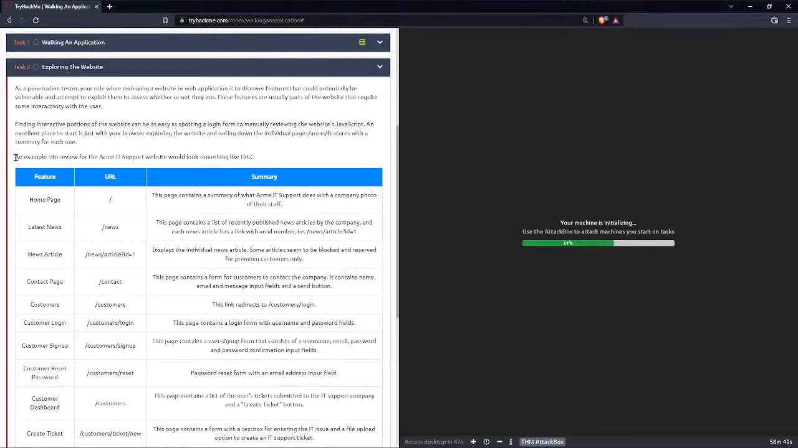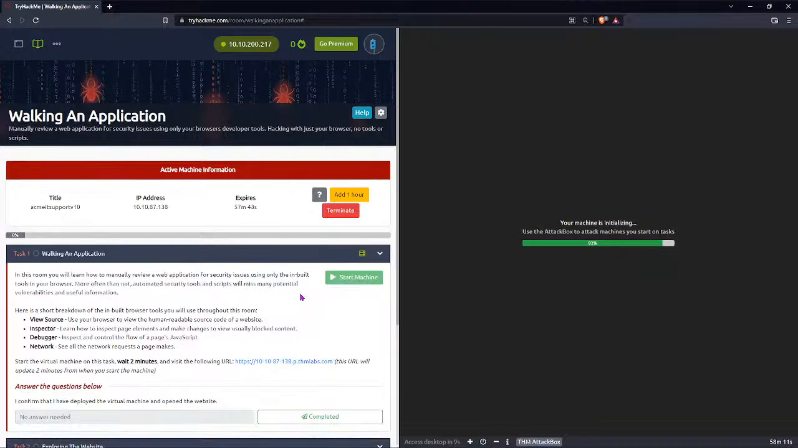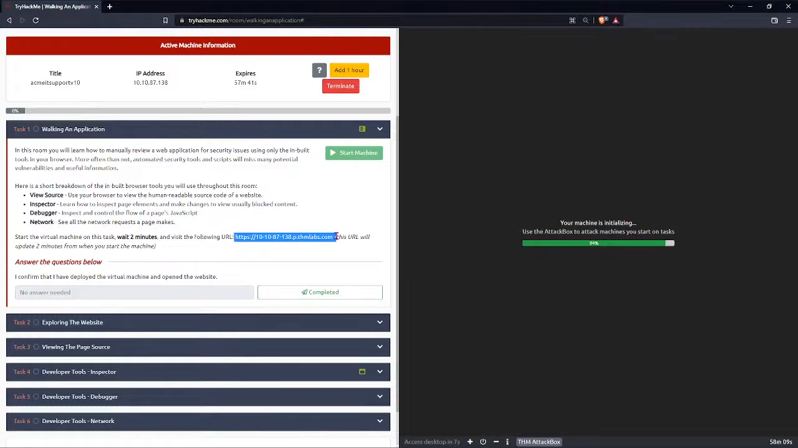Let's look at an example of what a site review for an SCME IT support website would look something like. A home page: this page contains a summary of what SCME IT support does, with a company photo of their staff. News: this page contains